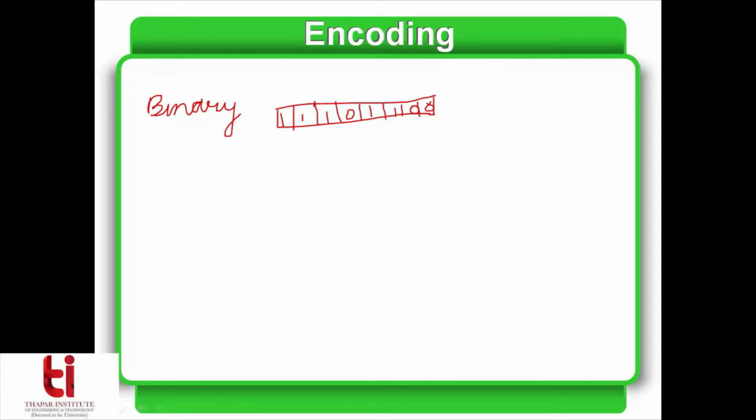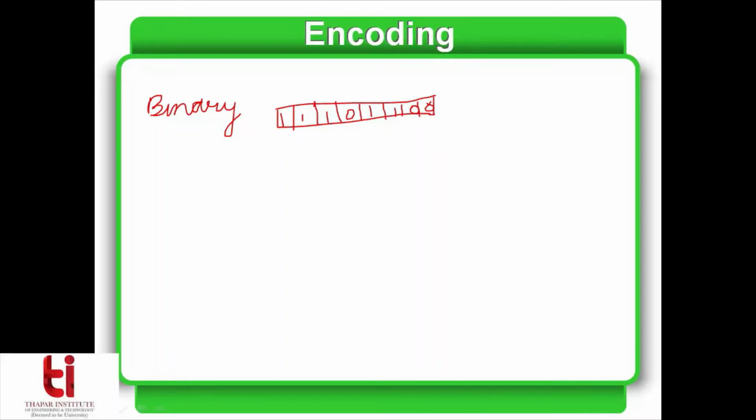But the only limitation is that, since in the real world around us, we don't have all the things which can be easily represented in 0 and 1. So that puts a limitation on that. Okay, so that is the only problem. I will just try to take a small example.